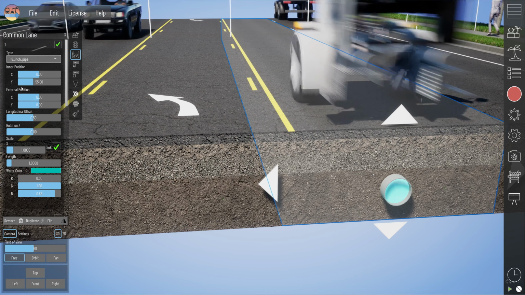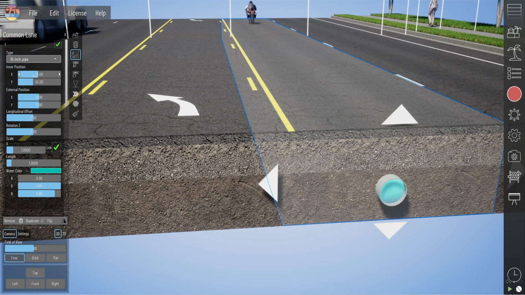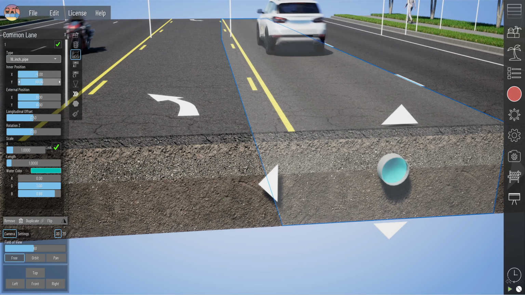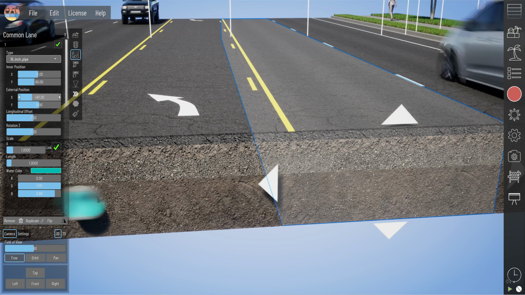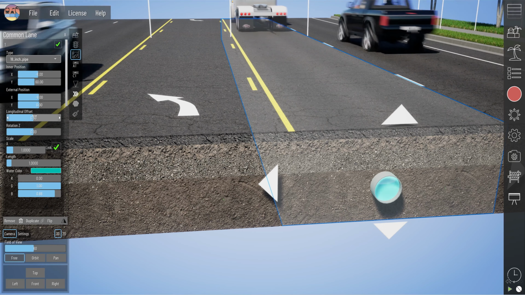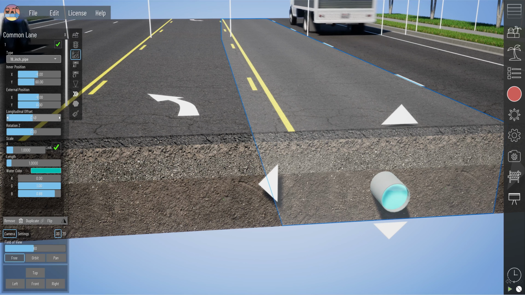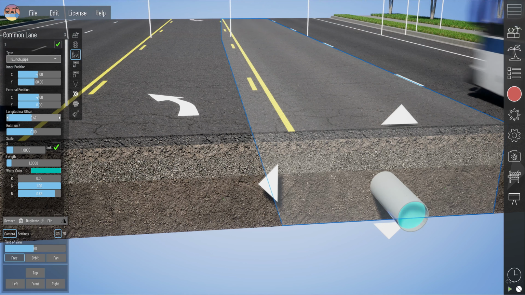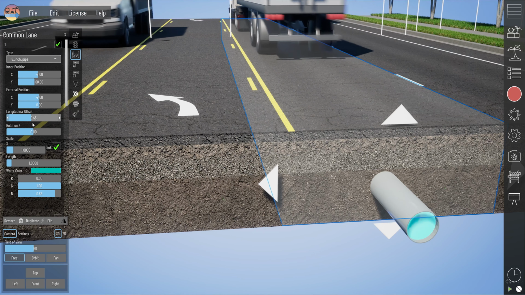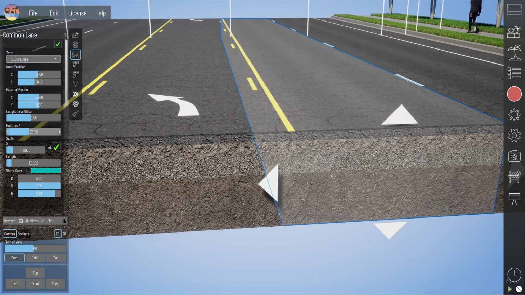You can do the interposition, so that's going to keep it within the section. You can move that left, right, up, and down. If you need to move it further, you can do the external position as well. And then you can do the longitudinal offset. If you want to make it extrude out further, you can do that using this slider. And then rotation in the Z, if you want to rotate it,